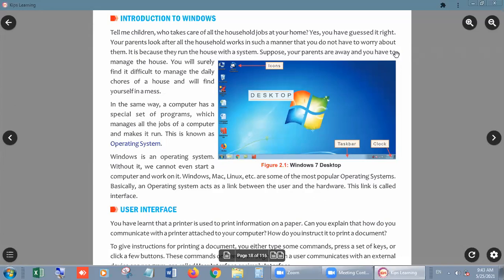We can't do. In the same way, a computer has a special set of programs which manages all the jobs of a computer and makes it run. This is known as operating system.